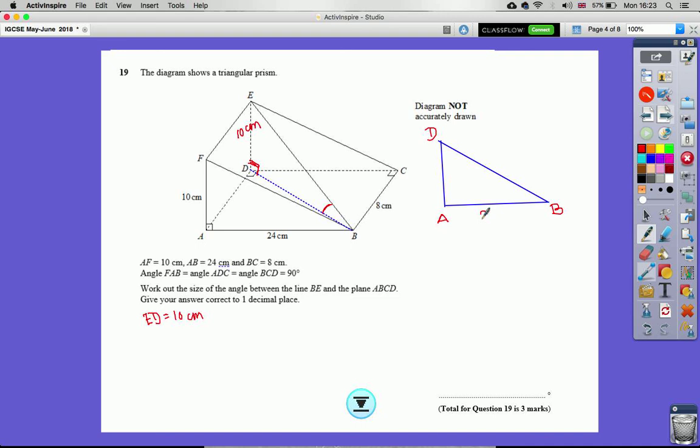AB is 24 centimeters. AD is the same as BC, which is 8 centimeters. I'm looking for the missing side, so for this one I'm going to use Pythagoras. BD squared is 24 squared plus 8 squared,